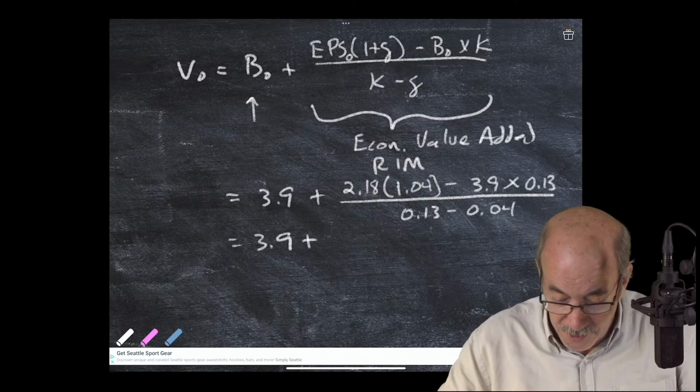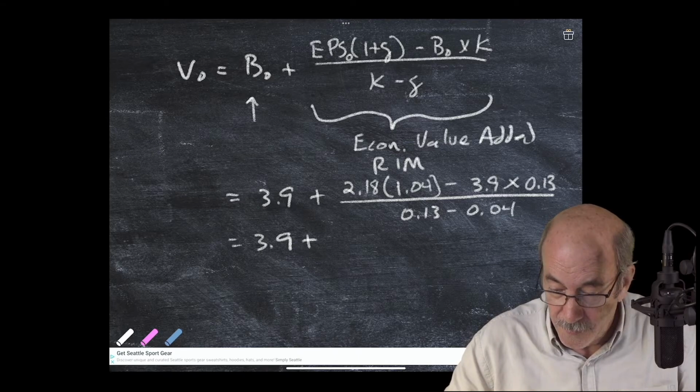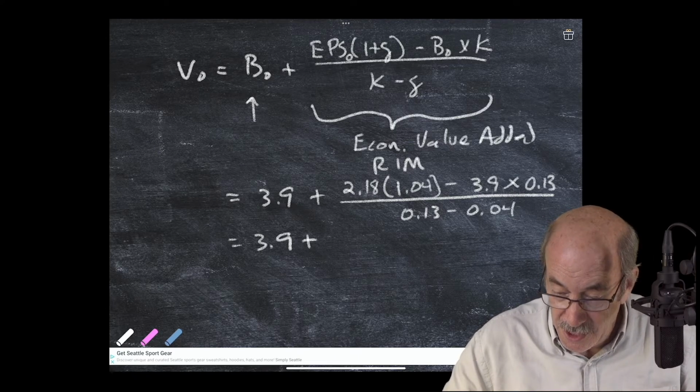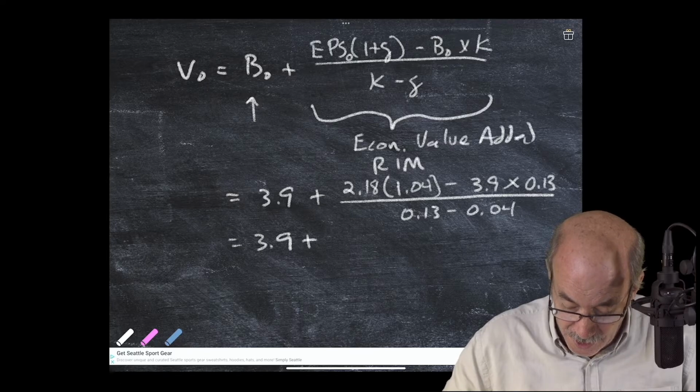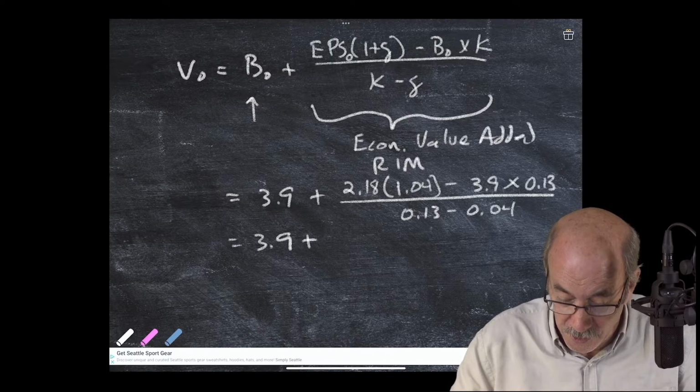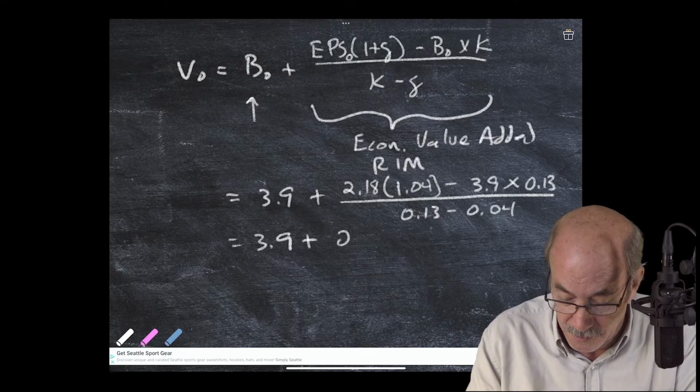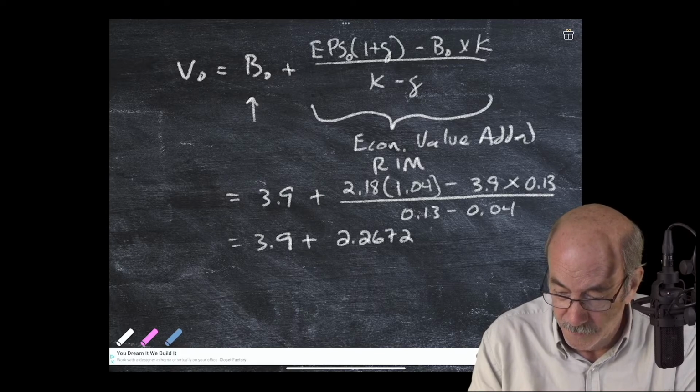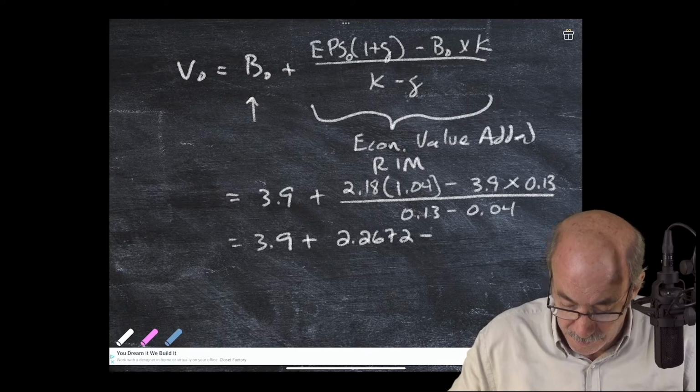And so I'm going to do this on my calculator here. 218 times 1.04 is 2.2672, minus 3.9 times 0.13,